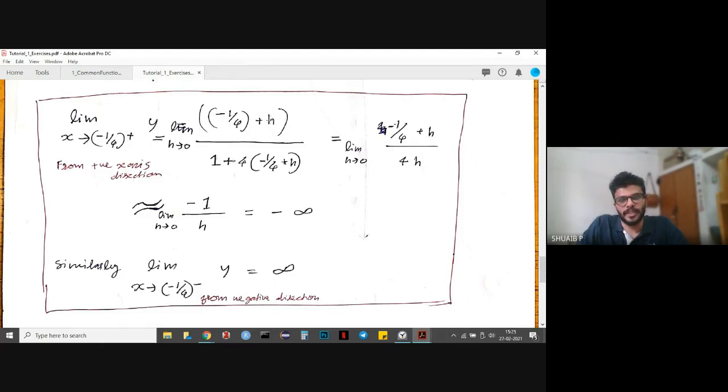So you can apply this limit and do the simplification. From here, you can see when h tends to 0, we can get rid of the h in the numerator, as it's insignificant in influencing the limit. Essentially, you can make the simplification and get it to be minus 1 by h. And when h tends to 0, it will be minus infinity.